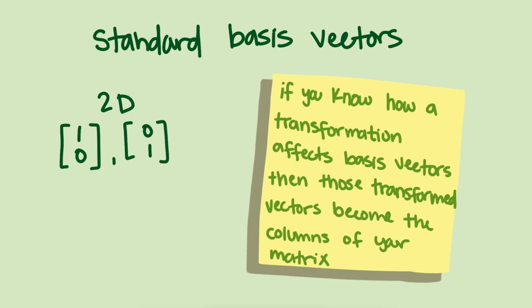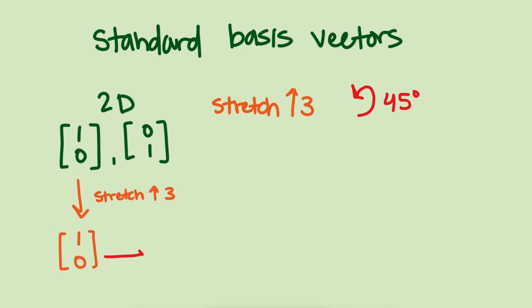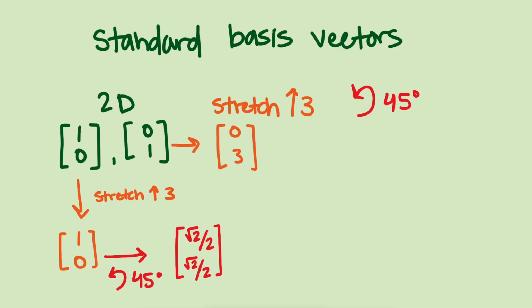transformation matrix. Suppose we want to stretch the plane vertically by a factor of 3 and then rotate it 45 degrees counterclockwise. To build the matrix, we apply that transformation to the basis vectors 1, 0 and 0, 1. The vector 1, 0 isn't affected by the vertical stretch, so it stays 1, 0. Using trigonometry, a 45-degree rotation becomes square root of 2 over 2, comma, square root of 2 over 2, and